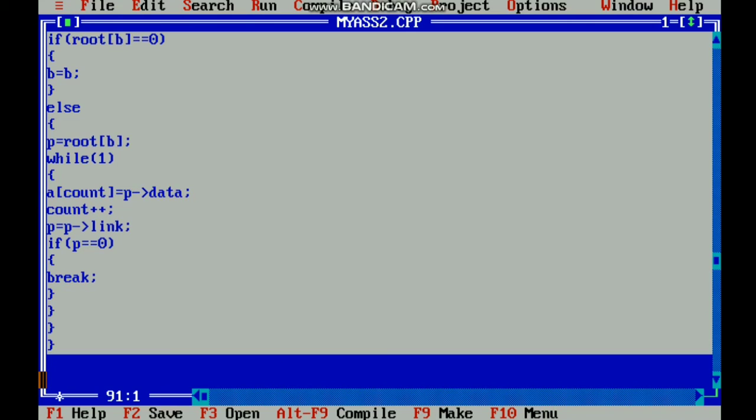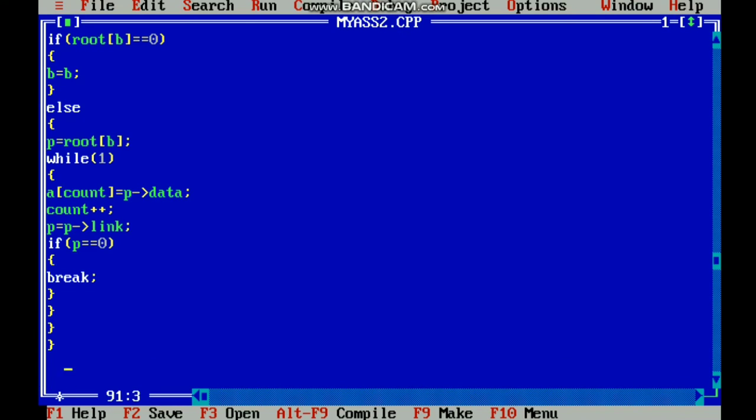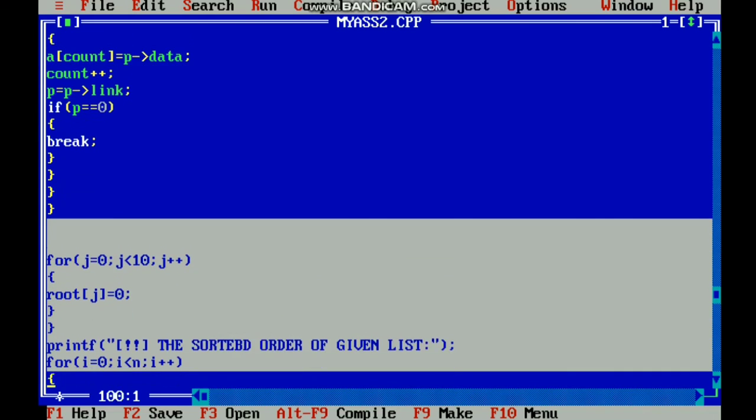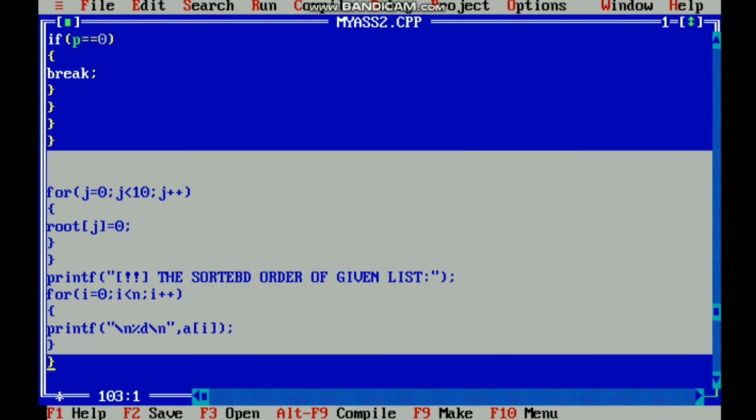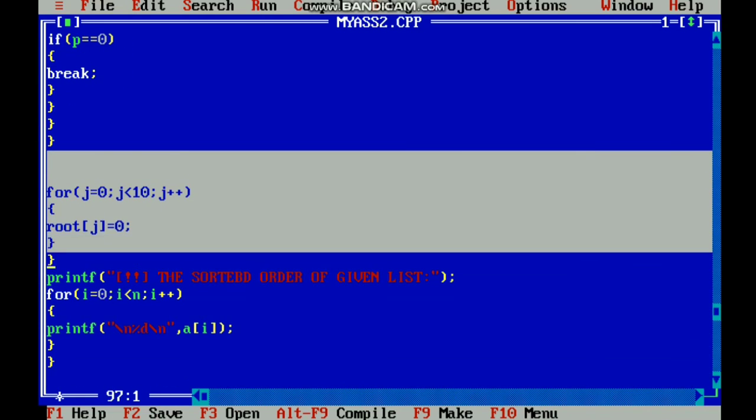Till here, this for loop makes the root array all zeros, so that it is not pointing to any struct nodes after completion of comparing one single digit, the units digit. And then this for loop will print the sorted array.